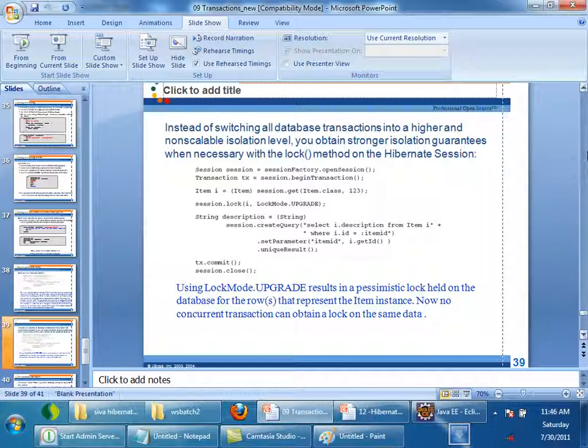Lock mode upgrade means I am getting an object for upgrading it or modifying it. So this will explicitly take a lock on the row whose ID is 123. So no concurrent users will be getting the same data, and they will not be able to make updates, right? Now in this case, I am sure that both the descriptions of this item, and here whatever I get, will be the same. So if you want to take a pessimistic lock, you use the session.lock method.